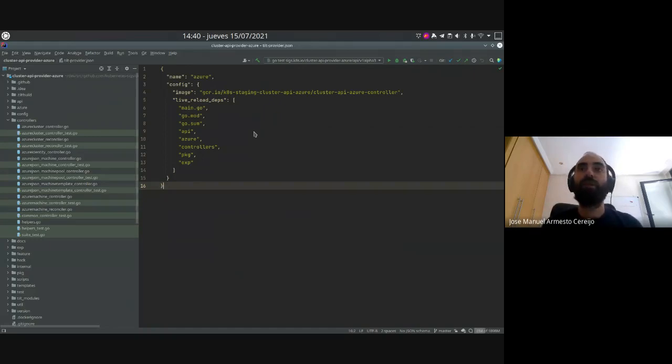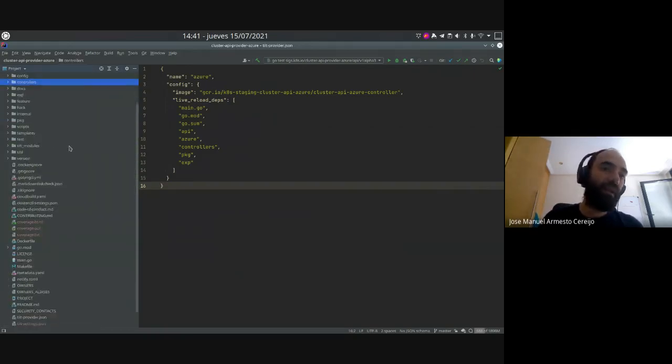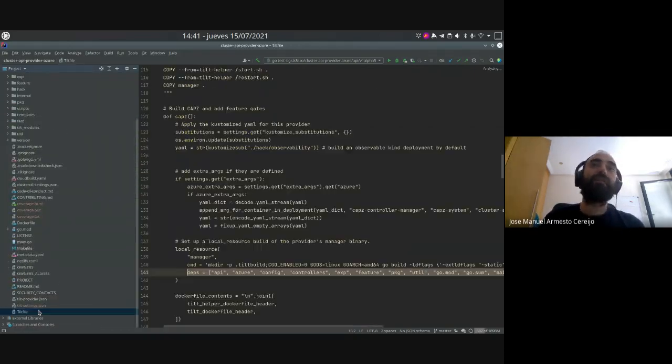And the other issue is that Cluster API is also trying to figure out the best way to use tilt. So different repositories or different providers will have different approaches to use tilt. So let me show you first the CAPZ way of doing things. In CAPZ, we have the tilt file,